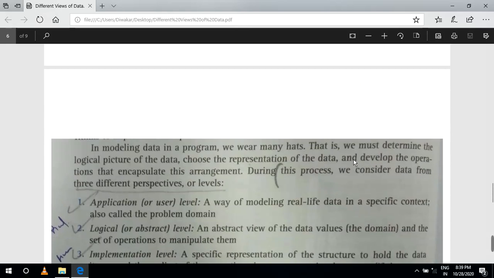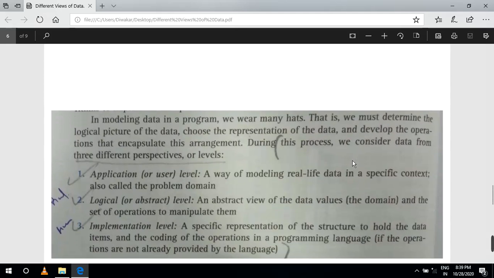Next you just go for these are all process we have to different perspective levels base பண்ணும்போது in the following this way we have to very important. First you just say for application base பண்ணும் as a application as a user. You only user, as a user you have to create it for a one application. What all the application you just create, a way of modeling real life data, a way of modeling for real life data in a specific context.